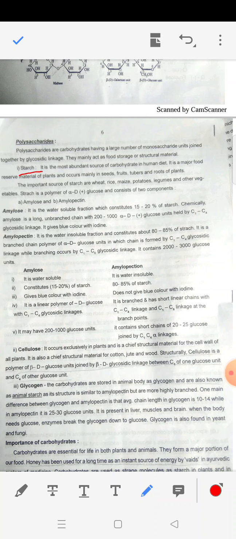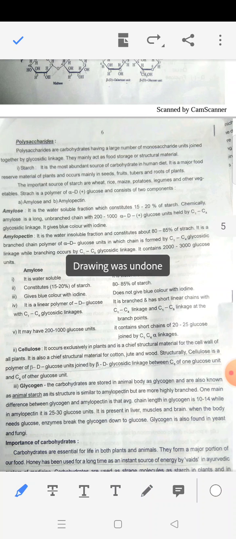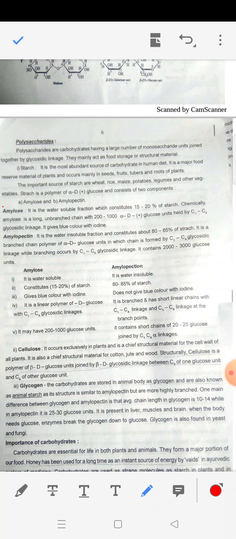our diet. Now starch has two components. Starch is a polymer of alpha D glucose, and it has two components, amylose and amylopectin. I think year before last a question came, a comparative study between amylose and amylopectin, in the board exam. Now what is amylose and what is amylopectin? You see here, the short note is there, and the comparative study is also given here. So I'm just going to the comparative study so that we can save a little time.